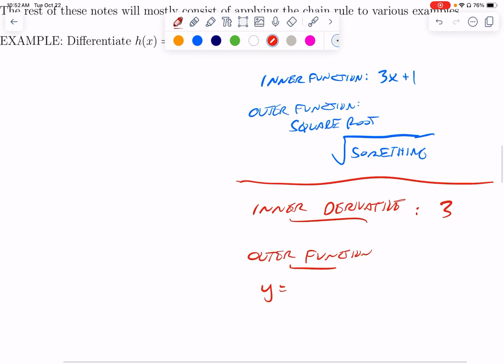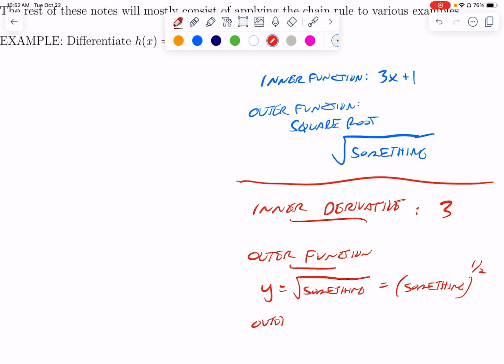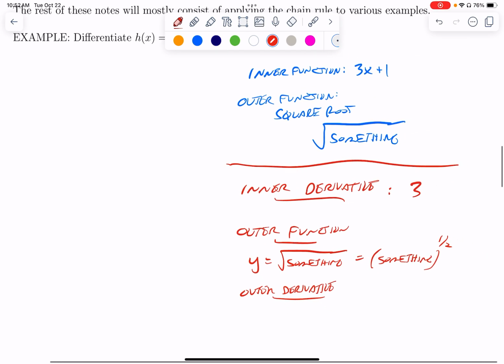I have y is the square root of something. That is something to the 1/2 power. So my outer derivative, and this is just scratch work on the side because it's not real mathematical notation,